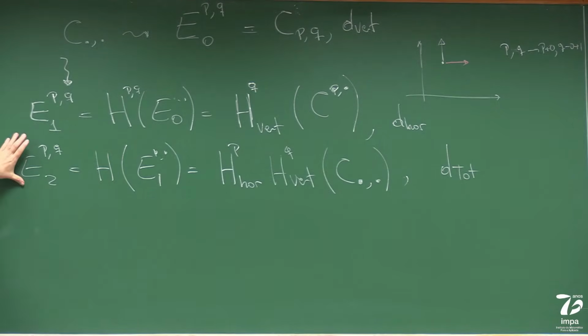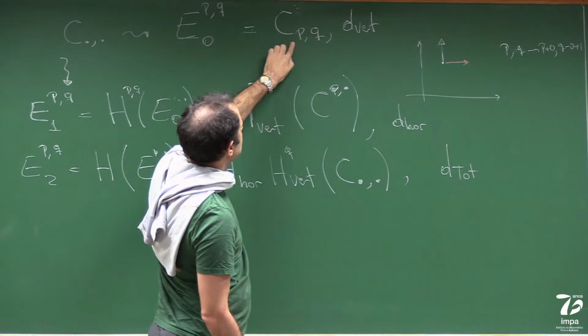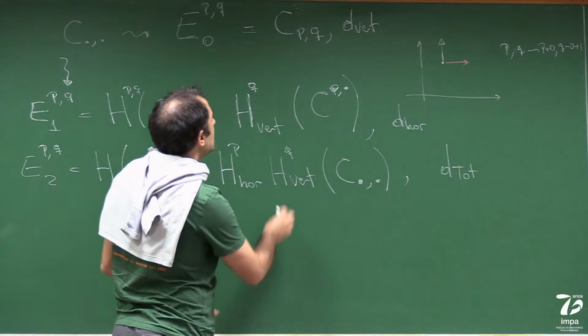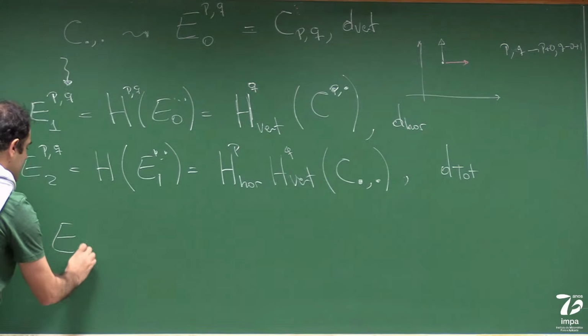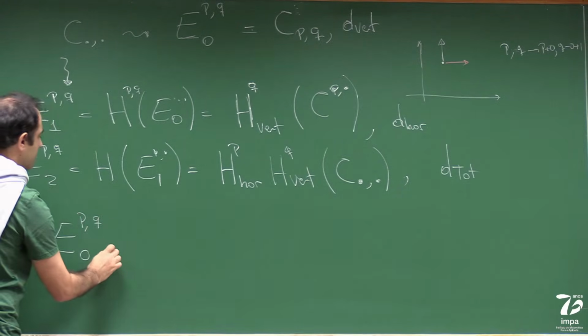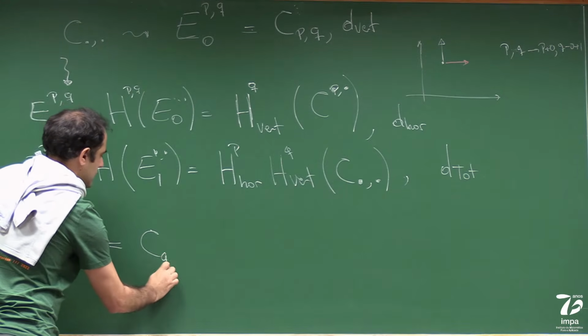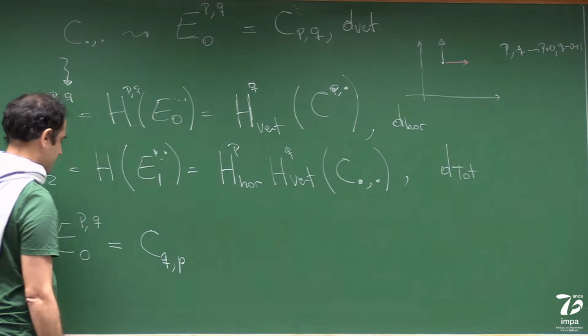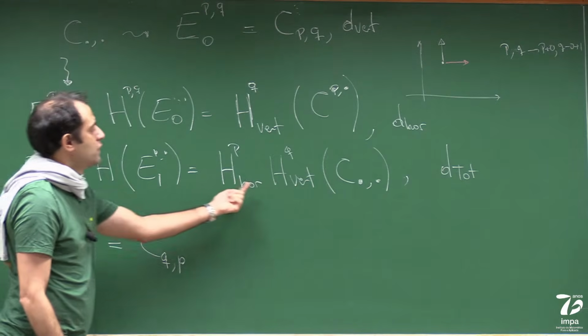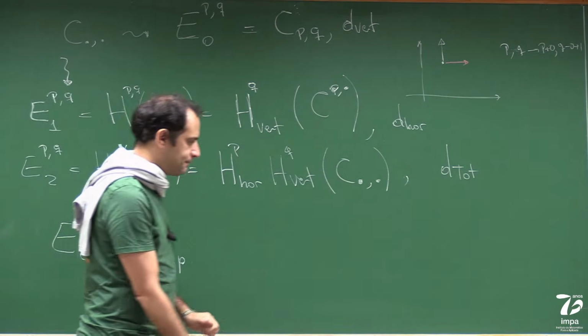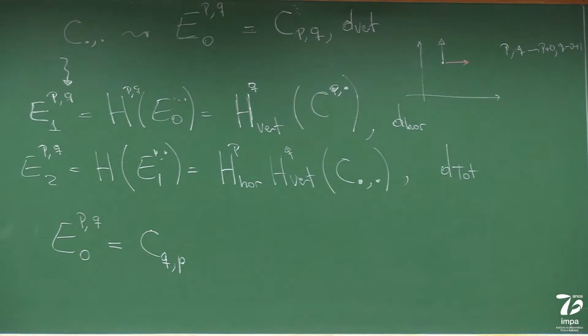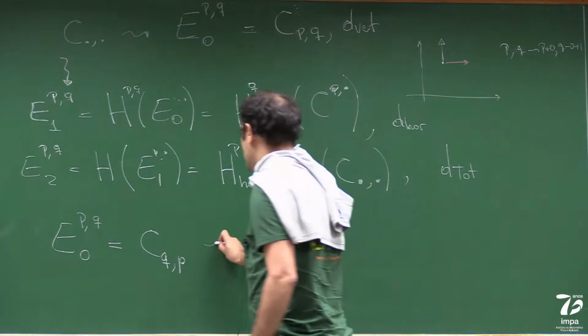The other thing that you could have done is just rename this double complex P and Q to C_QP. So we could have started with an E0 PQ being our double complex in the other order. And we would have just changed horizontal and vertical as the first homology that we take. But that's the only thing that changes. So in the case of the two rows only, I'm going to be looking at the other complex where